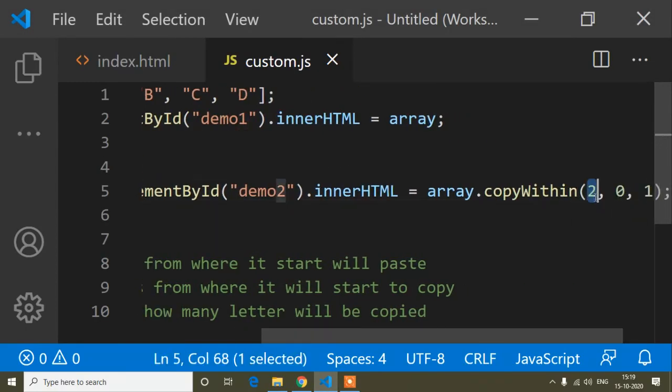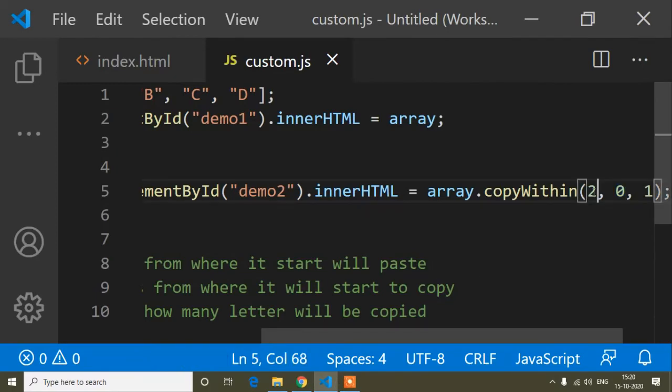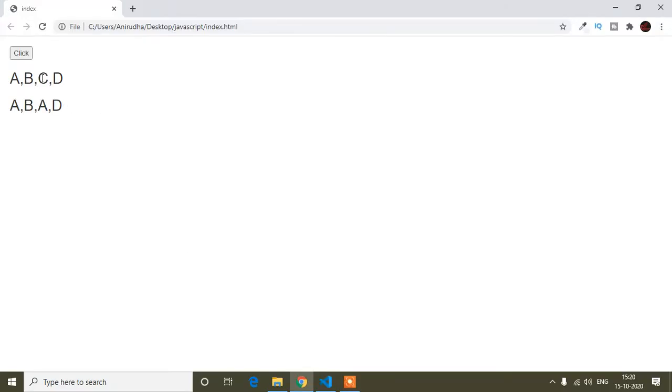First it will start from 2, so our copied element will be pasted at number 2 position, and I will copy from number 0 position. 0 position means A, so I'm copying A and pasting it at number 2 position. Number 2 position is C, because 0, 1, 2.